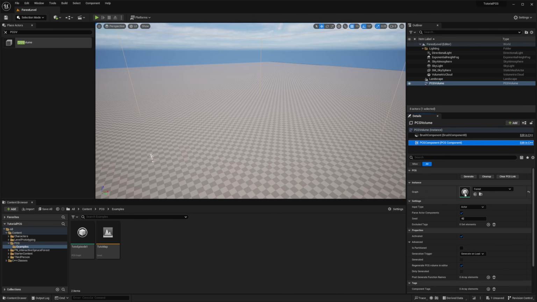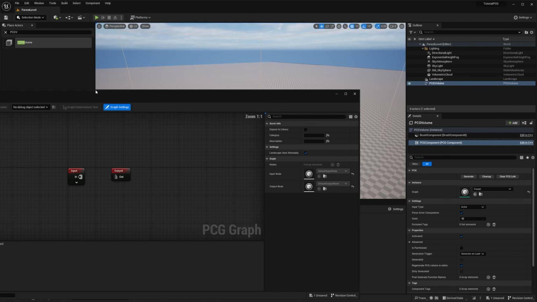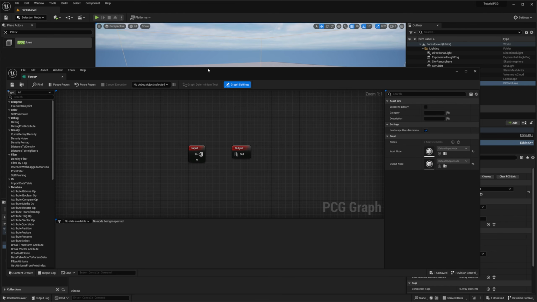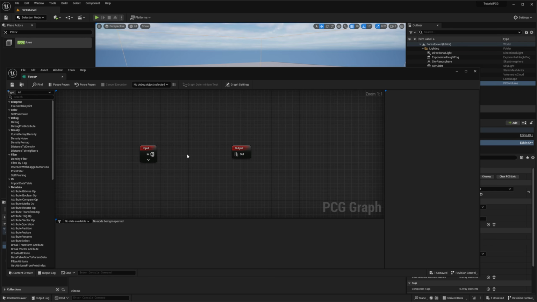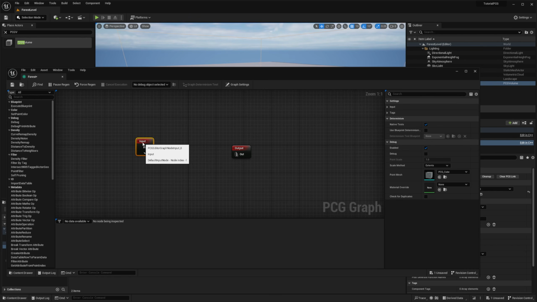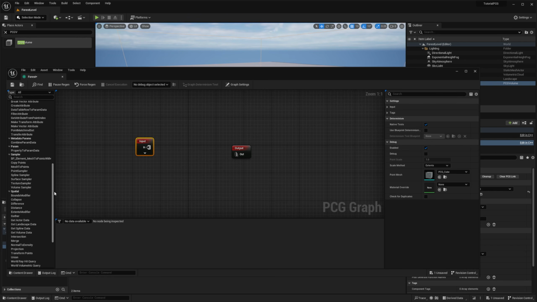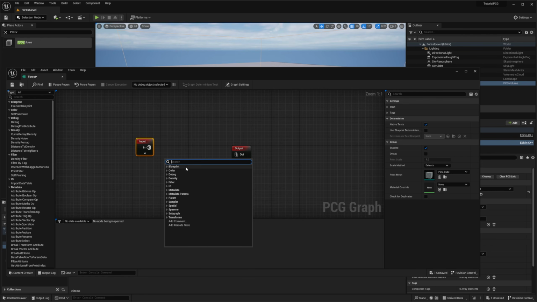All right. So now that we have our graph created, we can open it, and it will open a new editor that is very similar to what Blueprint is. So you have like some nodes like this. You can flow some data by connecting edges. You can have inputs and you have outputs, and outputs can be useful if you want to chain multiple graphs together. So you have a lot of nodes you can see on the left pane. You can also right click and see all the nodes.